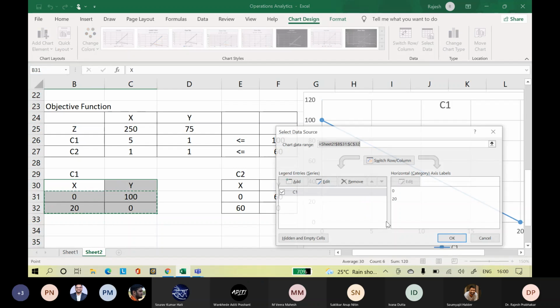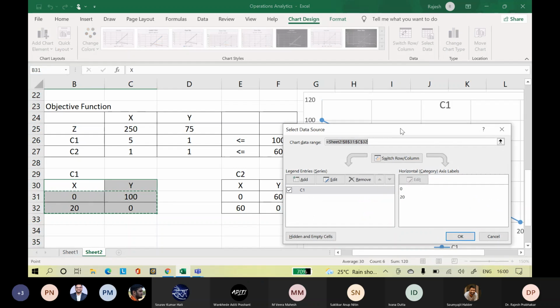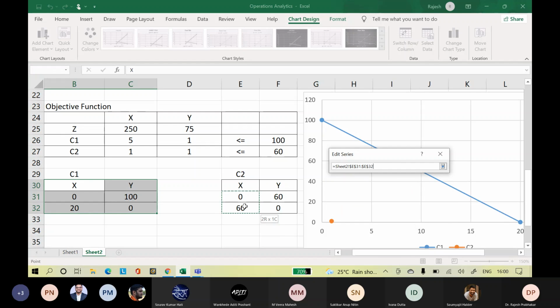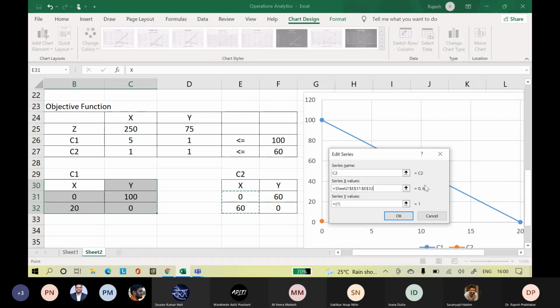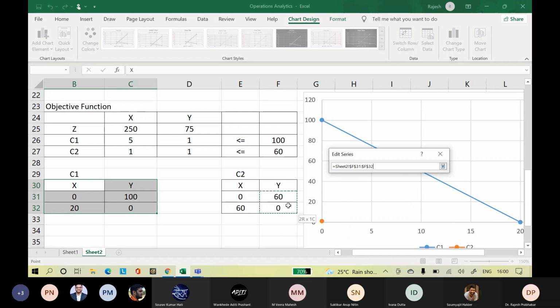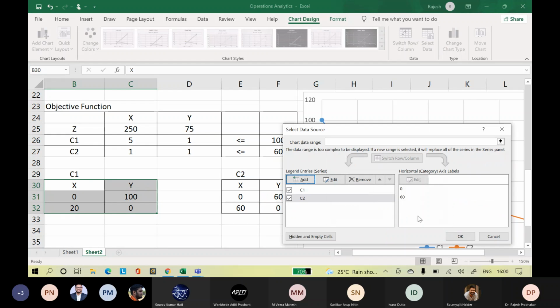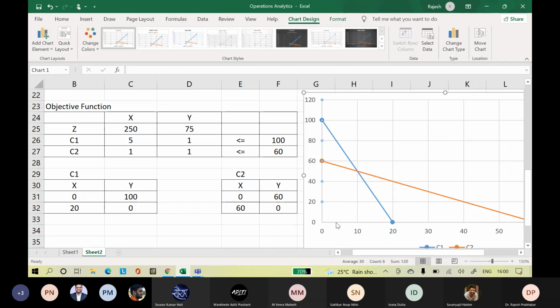Now right click again, select data, add series name C2, series X values, select the X column, Y values, select the Y column, click OK. Now you got the graphical plot which you would have done on normal graph paper with pen and paper.